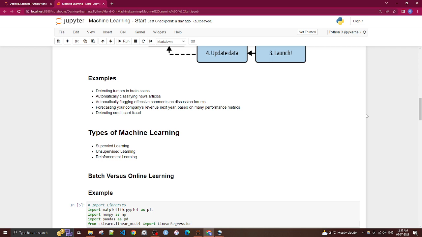So we use batch when we have to do it one time and your model keeps working fine, or if there is a continuous need, like online learning, where the best example would be the stock market.